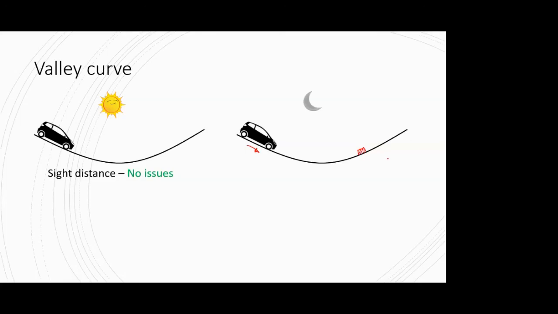And suppose you are traveling at a very high speed. Even if your headlights fall on that object and it's visible to you, you are not in a position to control or apply the brakes, or even if you apply the brakes, you are definitely going to collide with that object because your speed is high. So at night time, everything depends on this if and but condition: if you see the object then you will collide, or if you see the object but you are at a low speed, you will not collide. This totally depends on whether the beam of my headlight will reach that object or not.